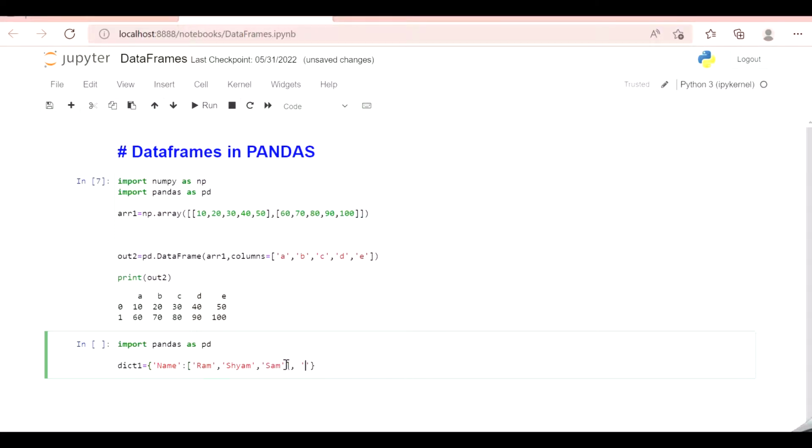Then I'm giving the place as place, colon, Bangalore, Mysore, Hassan. And then this is the second item. And the third item is nothing but salary, colon. In the list, I'm passing 1000,